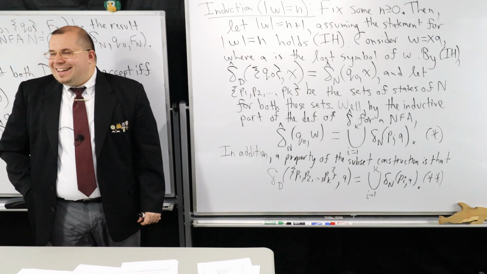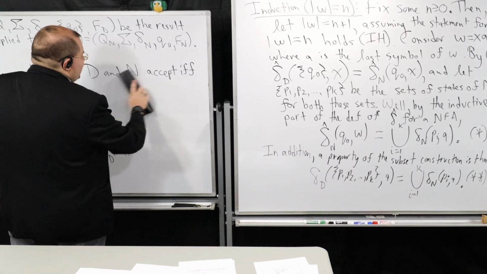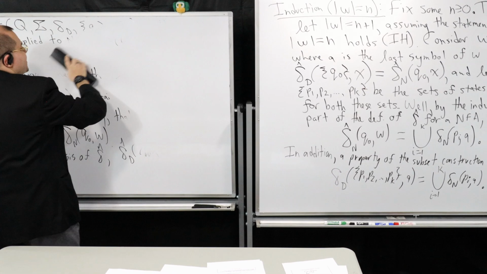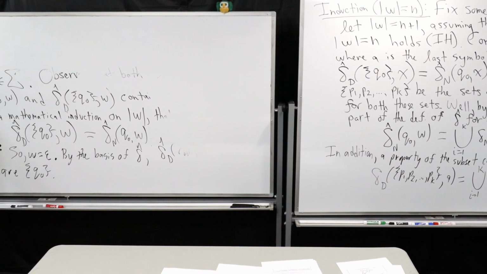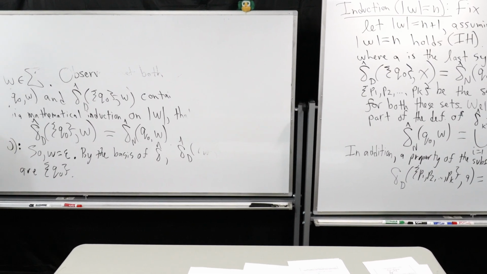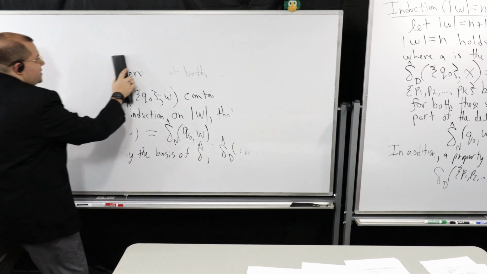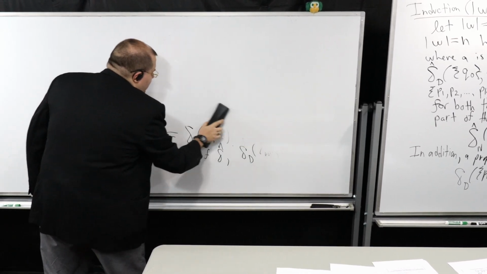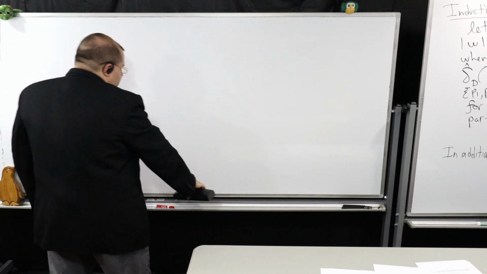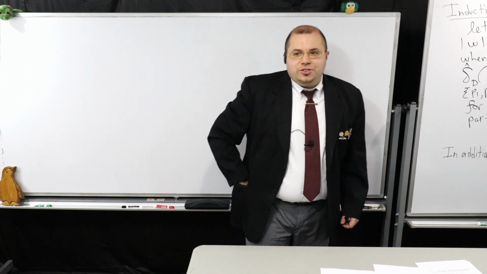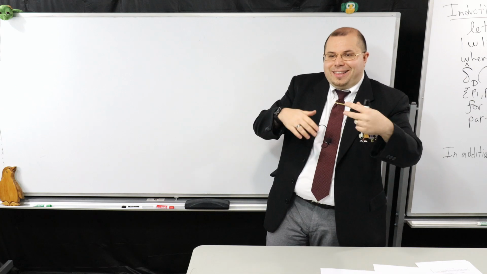Okay, so let's get to the fun part of this, although I think all of it's pretty neat. Just remember, we're going to be using parts about the NFA and parts about the way we construct the DFA from the subset construction. If we think about this in terms of algorithm design, this is no different than what you would do when designing an algorithm to solve a problem: you identify properties that a problem has, you prove the problem has that property, and then you design the algorithm to do that.